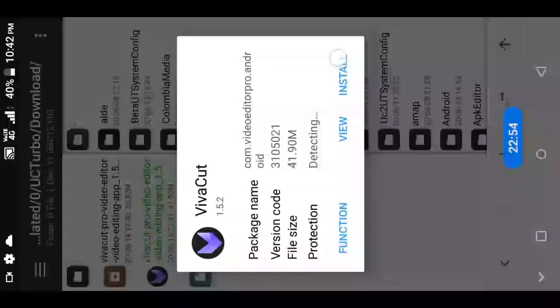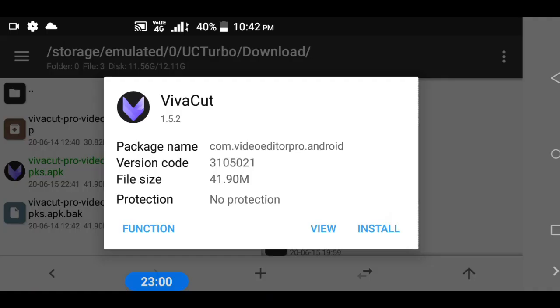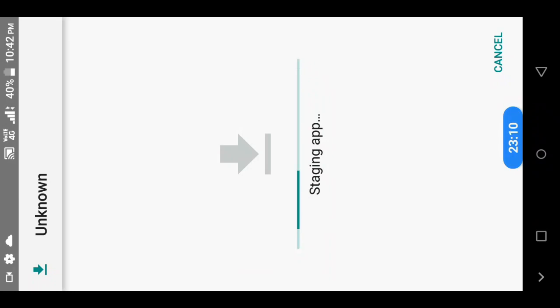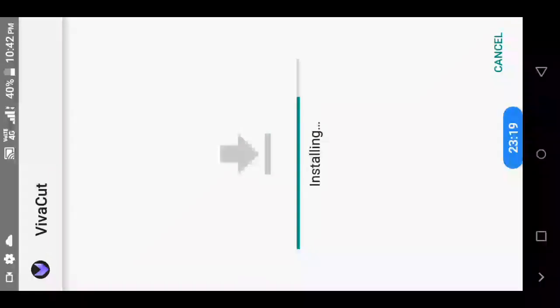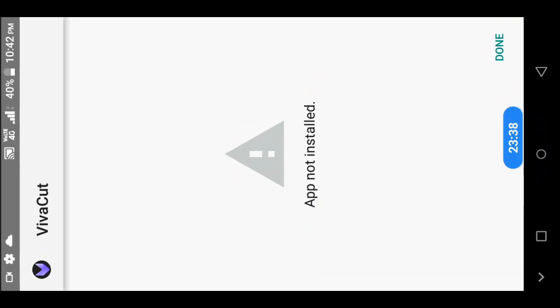So install this one now, modded. Sorry, it's not installing due to a storage issue, I think.